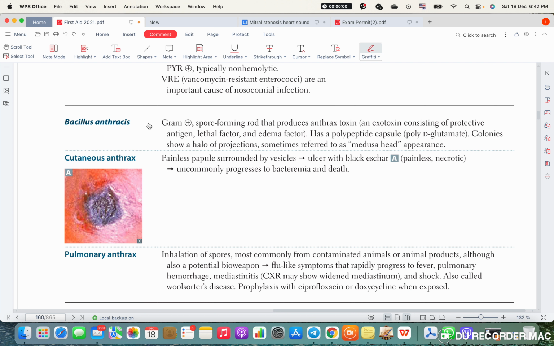For example, this Bacillus anthracis. And I have a really important question. Is it typical for bacteria to have a protein type of capsule? No, it's not typical. That's correct. So normally, what type should it be? Yep, it will be polysaccharide. Yes, sugar. Correct. So you said it is composed of amino acids, this polypeptide. And this polypeptide basically is glutamate. What is glutamate? It's a type of amino acid, glutamic acid basically.